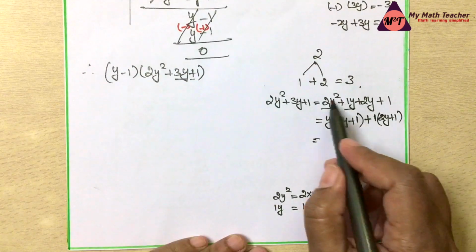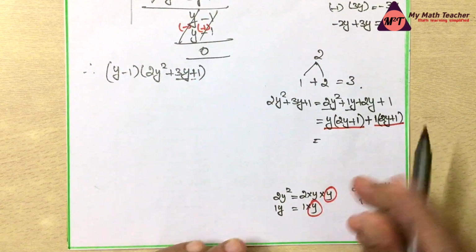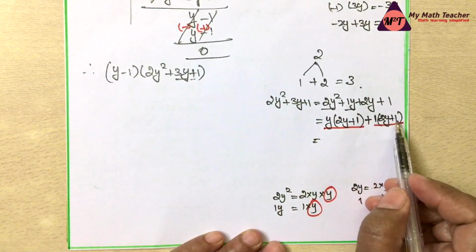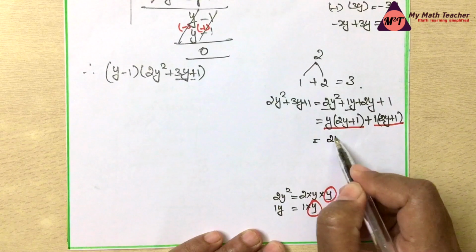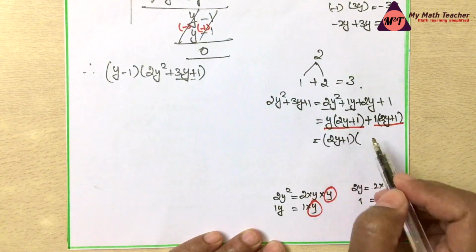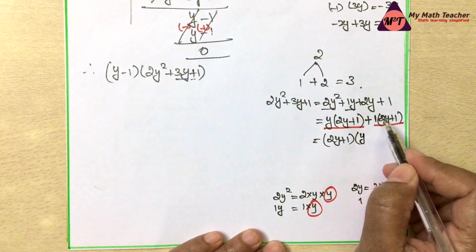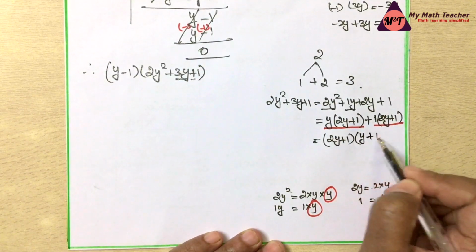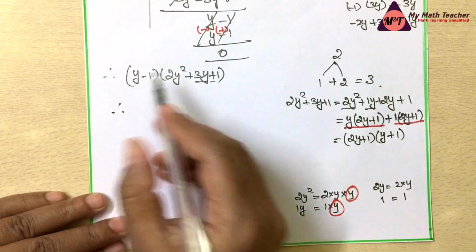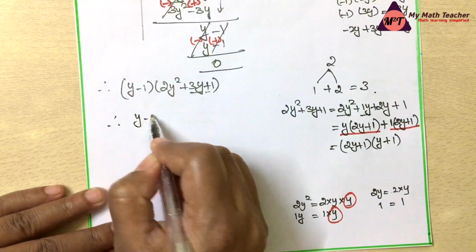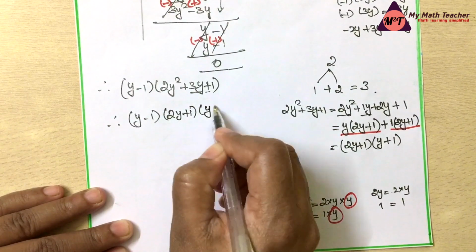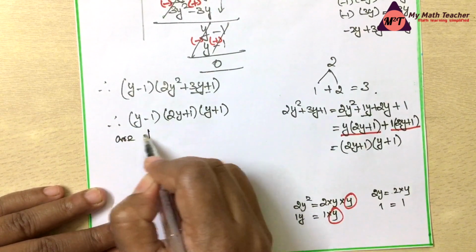From 4 terms we have got 2 terms. In the 2 terms, what is common? What is inside the bracket is common in both. So 2y plus 1 is taken as common. If you take this as common, what is left out is y, and the same way, what is left out is plus 1. So we can say these are the 2 factors. Therefore finally we can write the answer like this: y minus 1 into 2y plus 1 into y plus 1 are the factors of